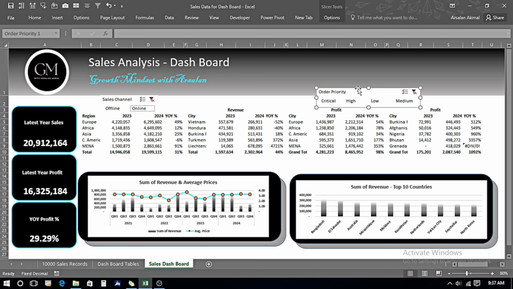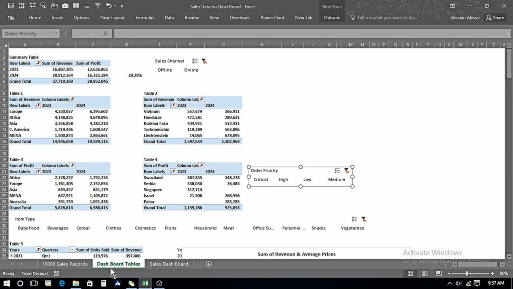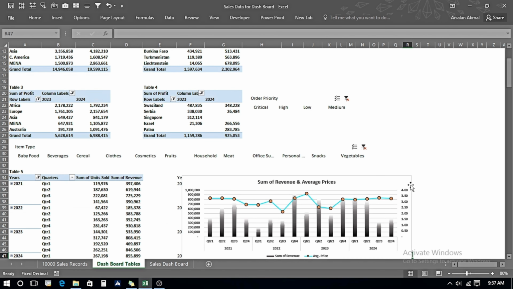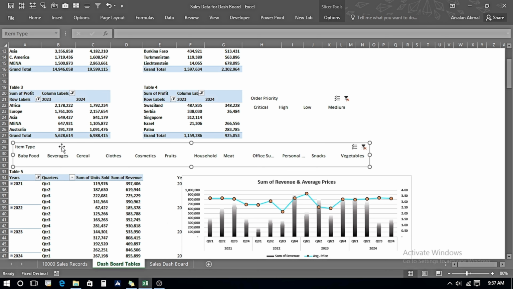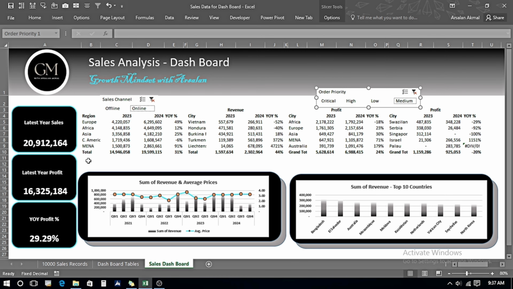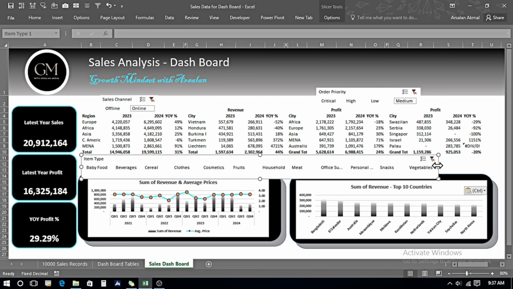We will be doing a little bit of formatting later on, so we want to see whether it is working properly or not. We can see that these two tables are now attached to this slicer. And for these two graphs, we again go over here and we can see that these two graphs are linked with this slicer. I click over here, press Ctrl C and bring it on my dashboard, Ctrl V. So now we have all of the slicers on the dashboard.